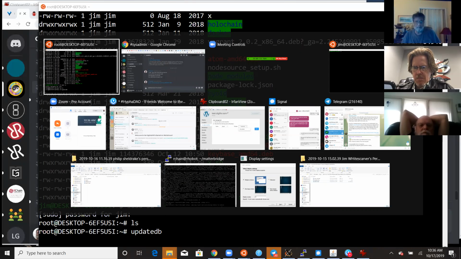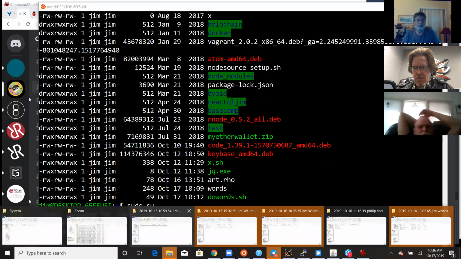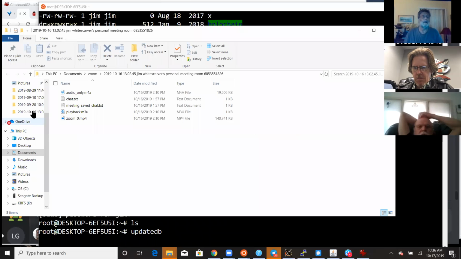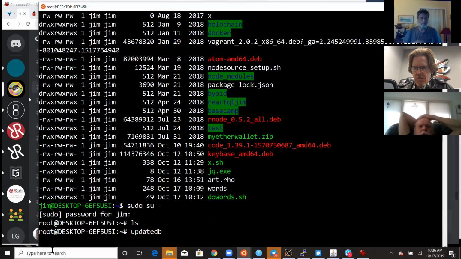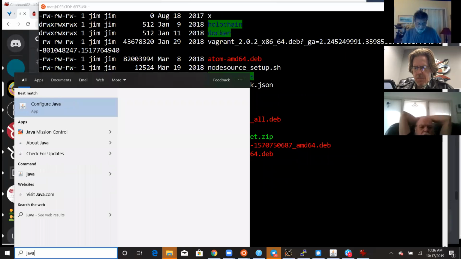How do I do a search in Windows? The file manager? Java.sh.